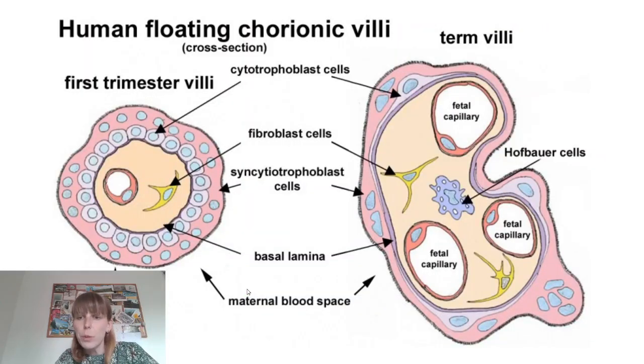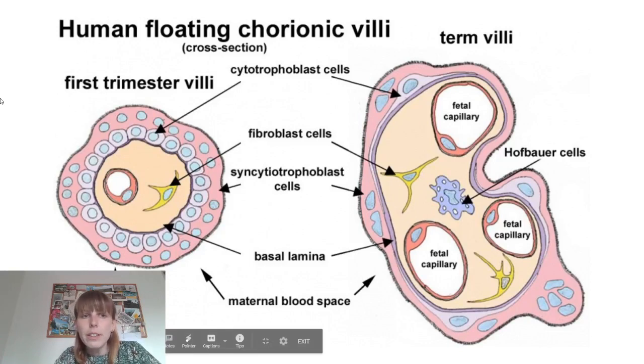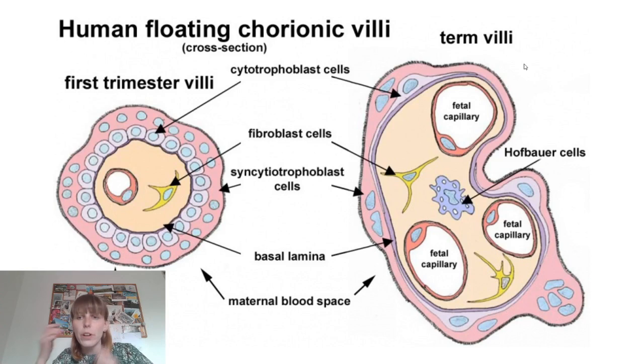And we will see the difference between the villi that we see at the beginning of the pregnancy and at the end. So there will be villi all the time, but based on their composition, how they look, we will be able to say if this is first trimester or the